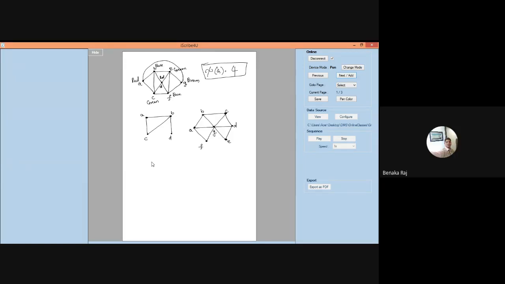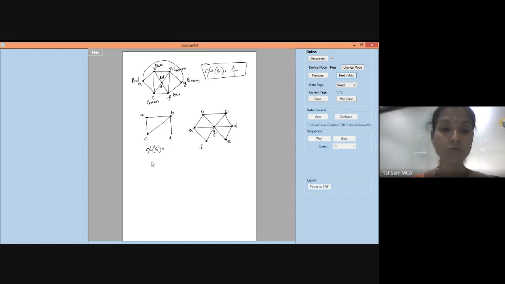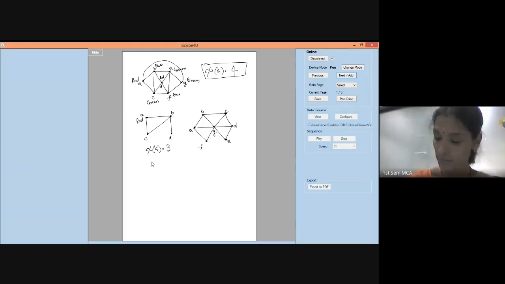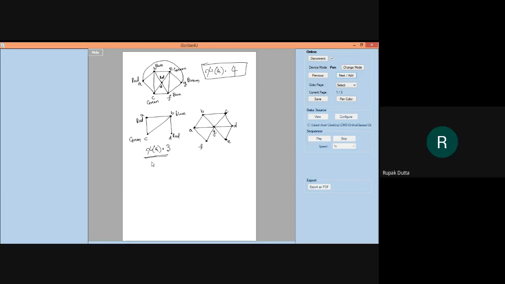For the first one it is 3, ma'am. All of you are getting it? Yes, ma'am. Okay, so let me see. If A is red, I can't make C red. I can't make B red. I can make D red, right? So B can't be made red, so I can make B blue. If I make B blue, C can't be made blue, so I'll have to make it green. So chromatic number is 3. Did all of you get that for the first one, 3? Yes, ma'am.